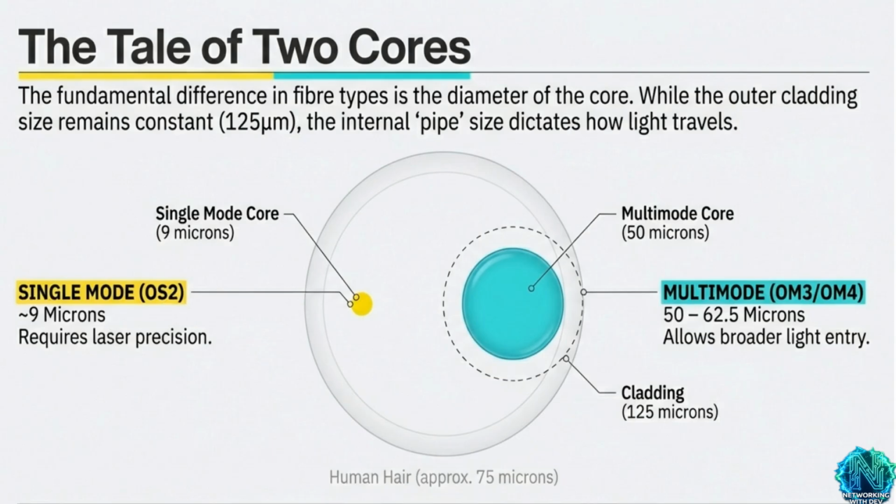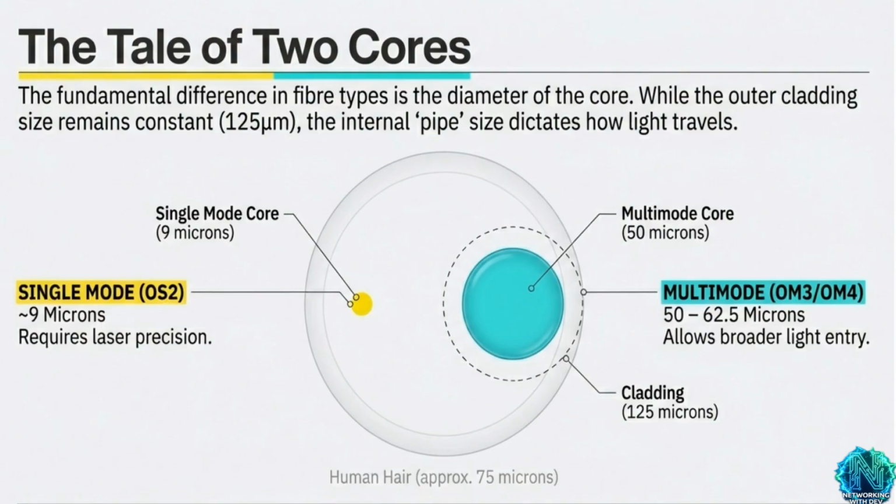Because the pathway is so narrow, it requires laser precision to send a single straight beam of light over massive distances. On the other side, we have multi-mode, OM3, OM4. As you can see in the diagram, its core is much larger, ranging from 50 to 62.5 microns. This broader entry allows multiple modes or angles of light to travel simultaneously, making it easier and cheaper to use